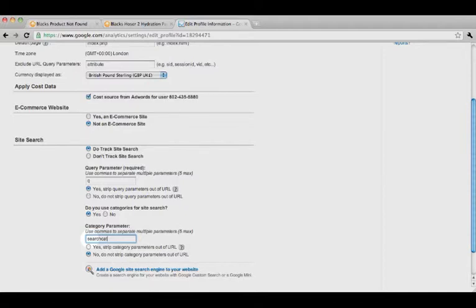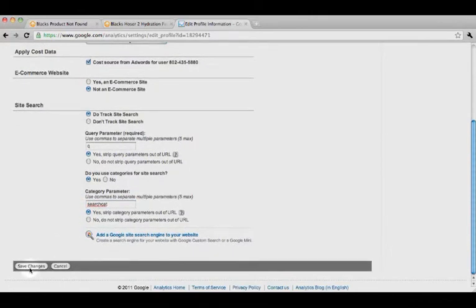and they may be the categories that you use, but there may be other categories, and the category parameter will vary according to the way your website is built or the content management system that you use, in a similar way to the main site search query parameter, and we're going to check yes again to strip the category parameters, and we can then click Save Changes. And so that brings us to the end of this tutorial and our two-part series in